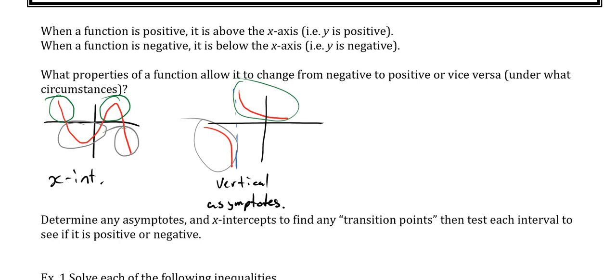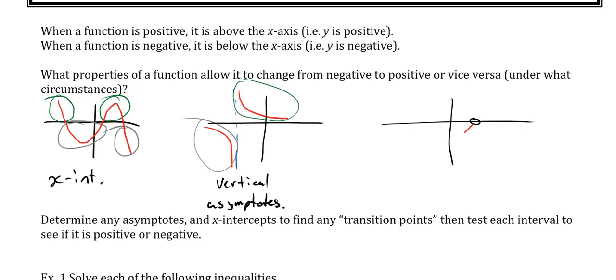There's one other that could happen. It's kind of related to, does anybody have any idea, any thoughts? This is a hard one. X-intercepts is the easiest one to get. Vertical asymptotes maybe is something you could think about. The next one I think is really quite tricky. I guess it would be a hole. If you had a graph with a hole in it,